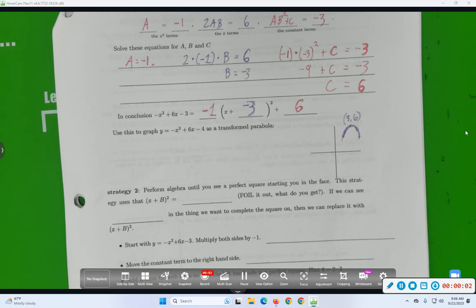So right now we've addressed completing the square using one strategy. And completing the square is, if you like, a task, not a strategy to accomplish the task. Completing the square is